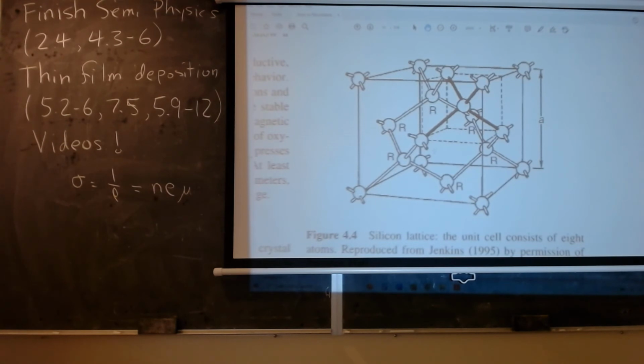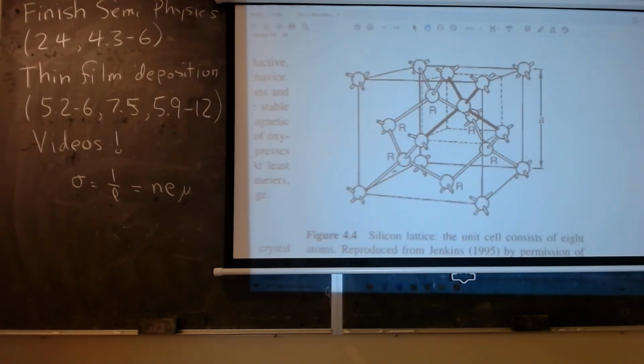Well, do I want you to do this? Well, it's just sort of fun. You can take this diagram and come up with the density of silicon, because you add up the number of atoms in this box. Now to do that, you have to realize that, for example, this atom here has 1/8 of itself